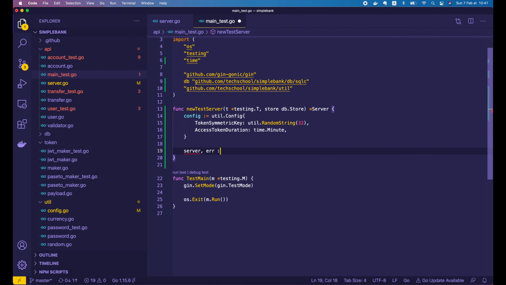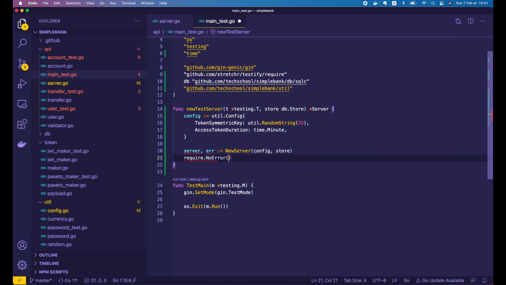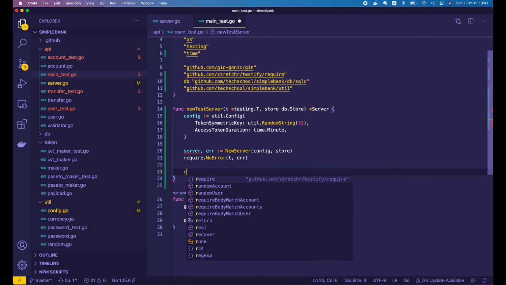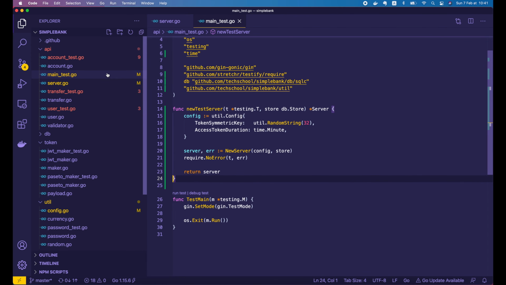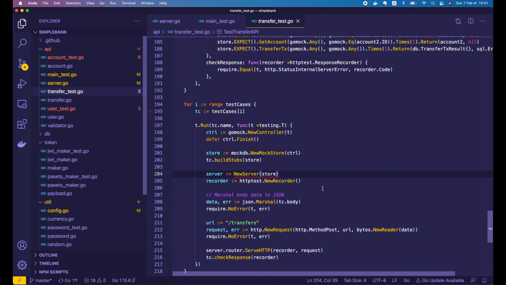Then we create a new server with that config object and the input store interface. Require no errors. And finally return the created server. Now get back to the transfer_test.go file. Here instead of NewServer, we will call NewTestServer and pass in the testing.T object and the mock